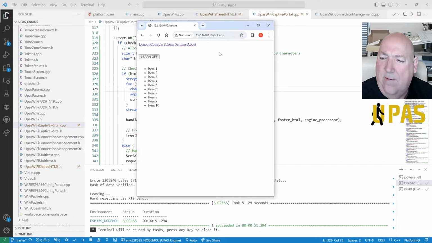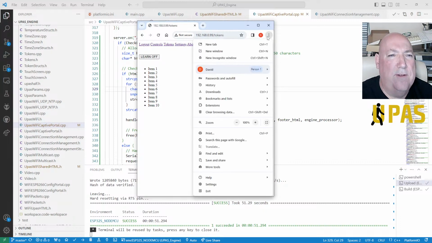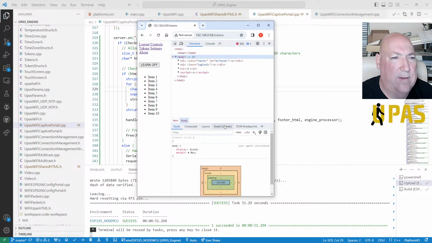Not quite sure what. Have they altered this or something? Because developer tools. We've got no head. It's an empty head. That's why you're getting everything you wanted, but no head.